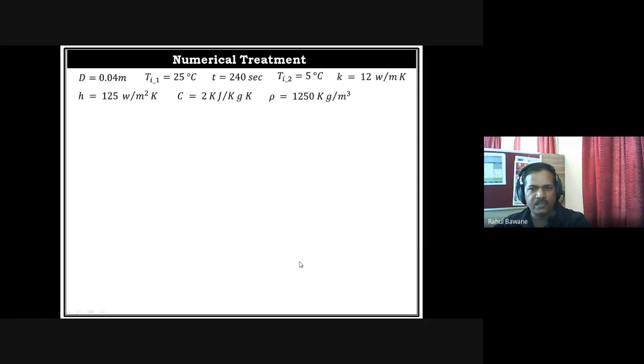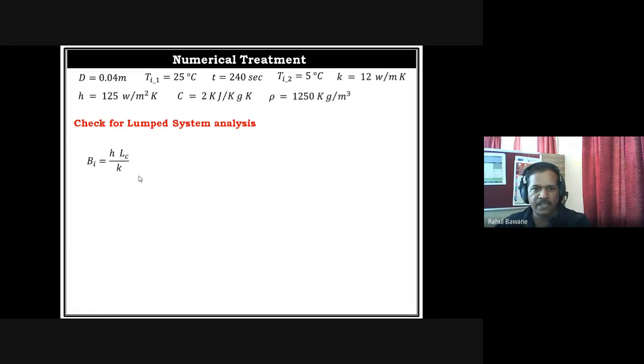The common factor is that both times the egg is served to the same consumer, so the consumer taste temperature will be the same. So using the first case, we have to find out the consumer taste temperature. But whether this problem can be assessed under lumped heat capacity analysis or not, for that we have to check the Biot number. Remember, there are separate 2 marks for this check. Whether they ask in the numerical or not doesn't matter, but there are always 2 marks for this Biot number check.